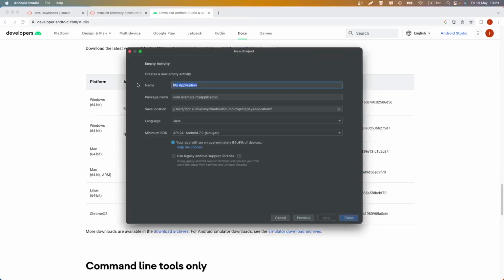Next, give a name for your application. Let it be first application, and give it a package name. In our case, here will be dev expert, for example. Choose the save location where your project will be saved. Also, we will choose Java as the programming language,